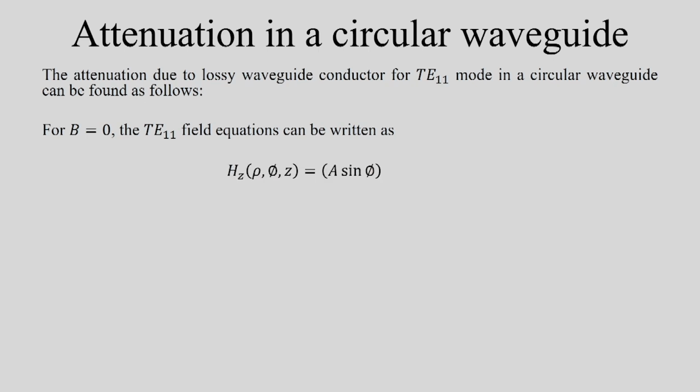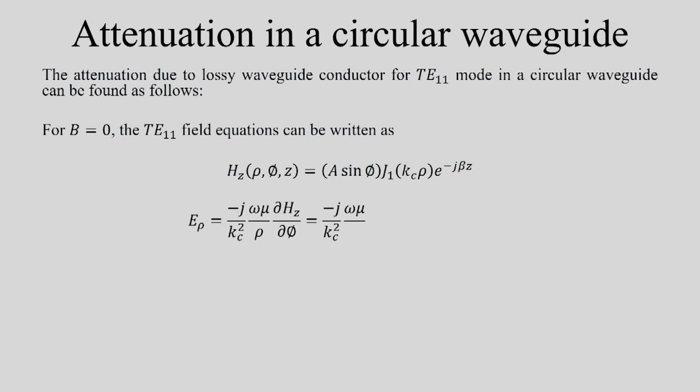So, we can write Hz as a function of rho, phi and z as A sin phi J 1 k c rho e to the power minus j beta z. And once we have written Hz in this manner, we can find out